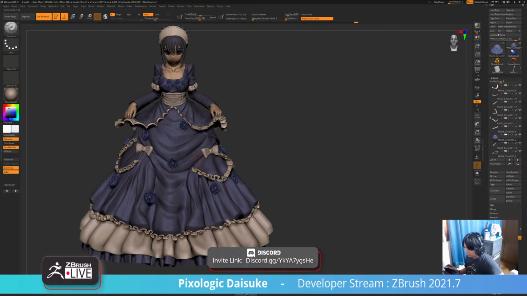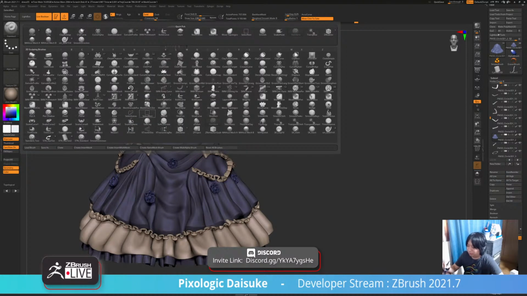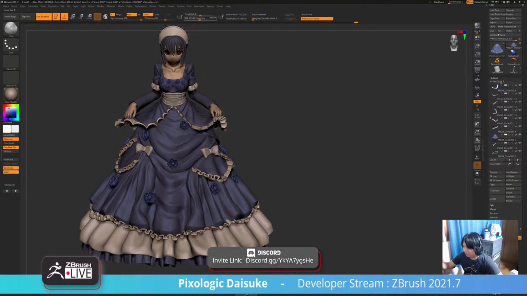Also, I sometimes use the clay brush, but using it is a bit hard for me because I'm so used to using the clay buildup brush. I'm not really familiar with when to use the clay brush, but I guess it's for filling between the cavities and building a bridge between those two,